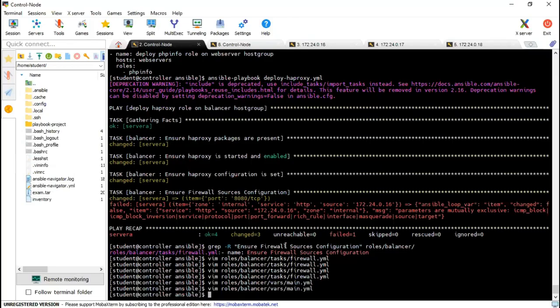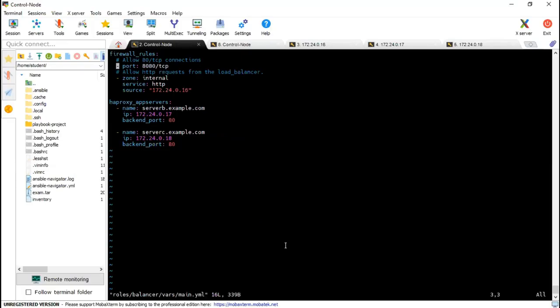So item chain service means service has HTTP, source and zone has internal. Okay, okay.